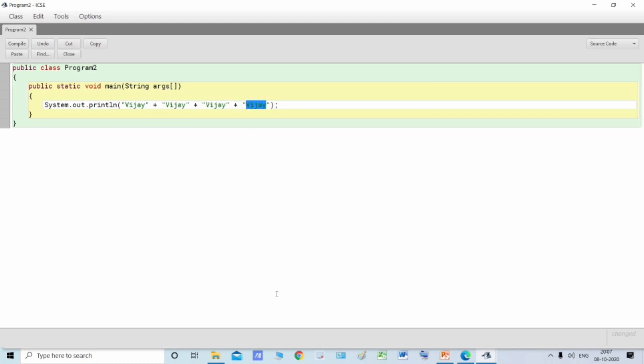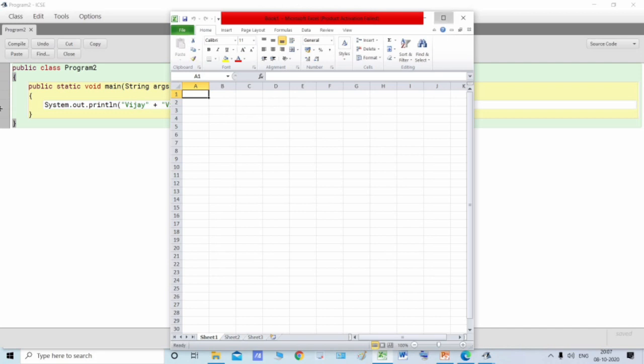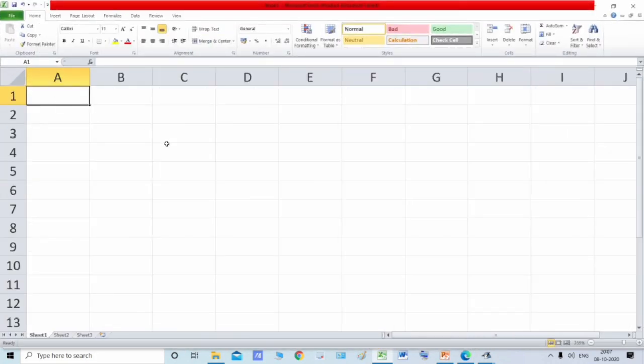Now you will ask me, what is the meaning of concatenation? Let me explain with the help of an example in Microsoft Excel. Suppose I write Vijay over here, and then I write red over here, and in another cell I write rose.